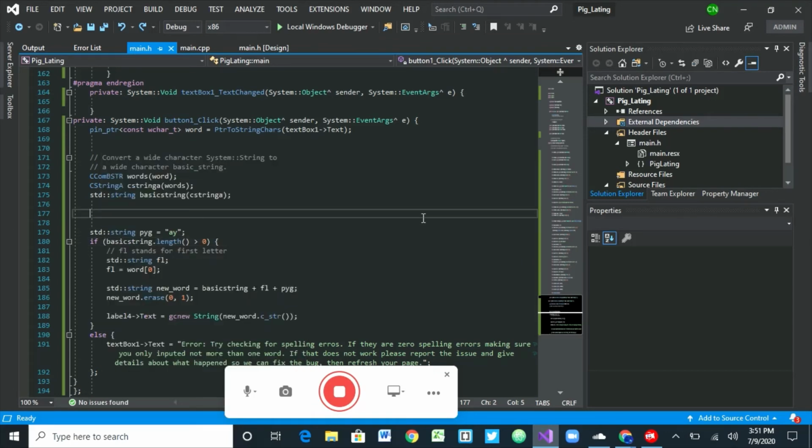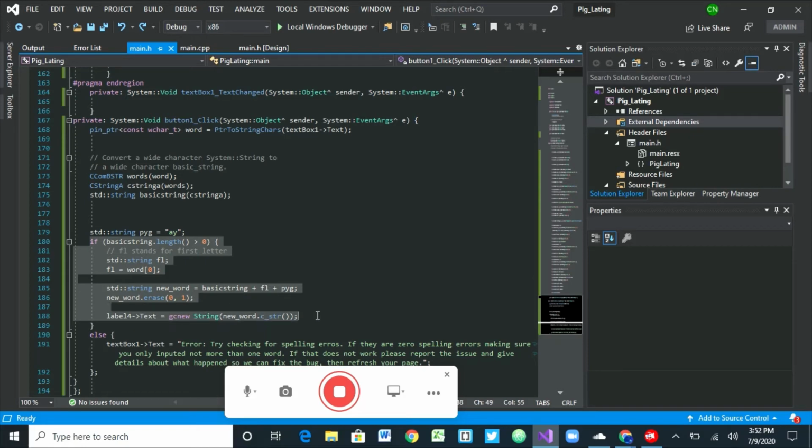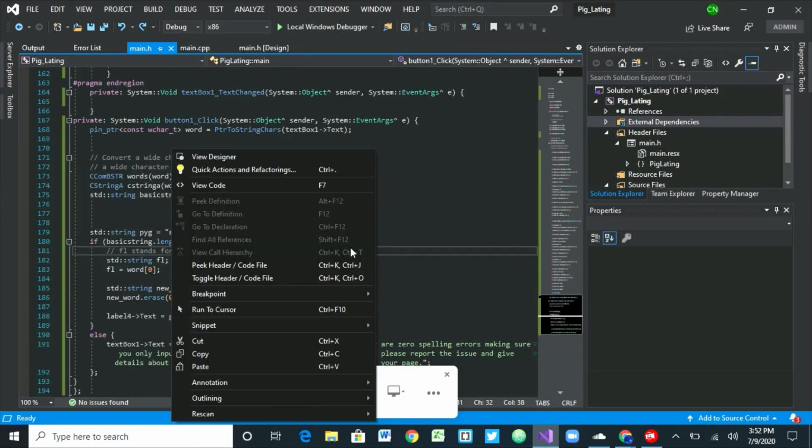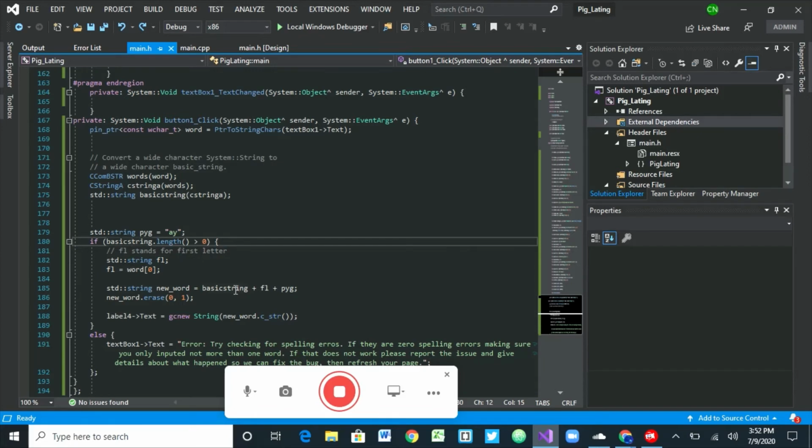So then later on, I went ahead. I made an if statement. I said, if this is true, this should run. If basic string length, the length of basic string, is more than 0, so just to make sure they're actually typing something in, this should run. It should start by creating a new variable called fl, and what fl does is, I just noticed something, my bad. What fl does is